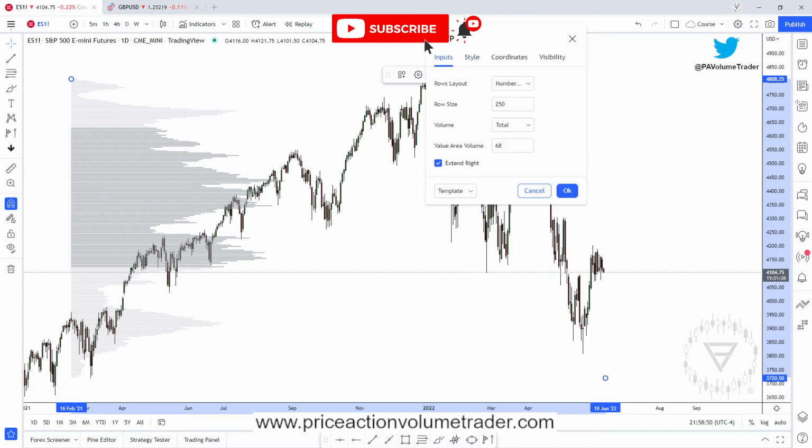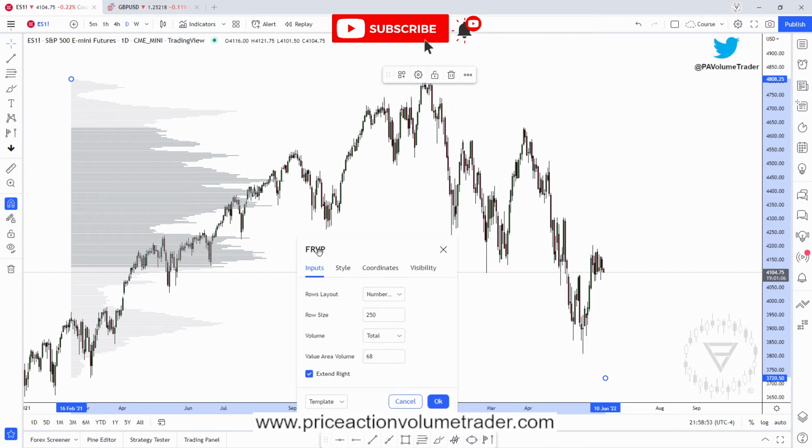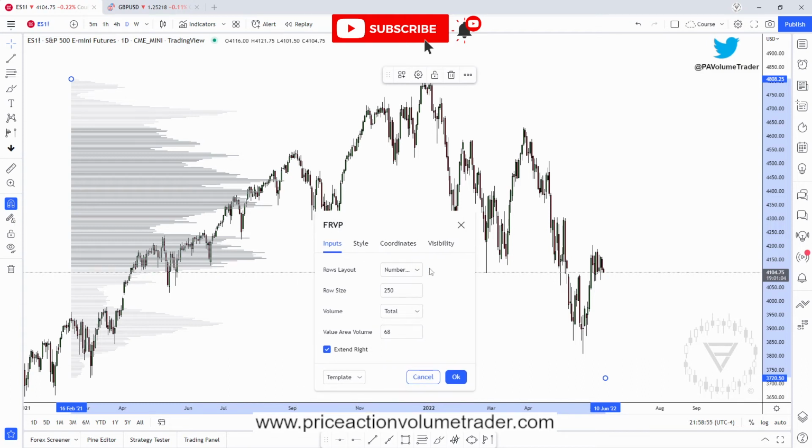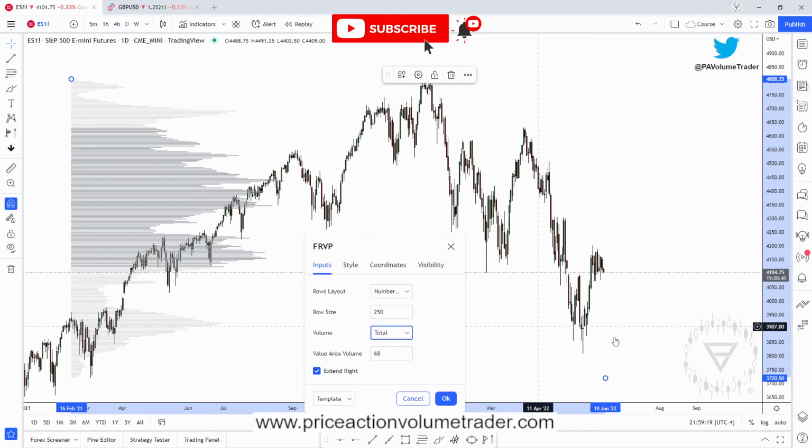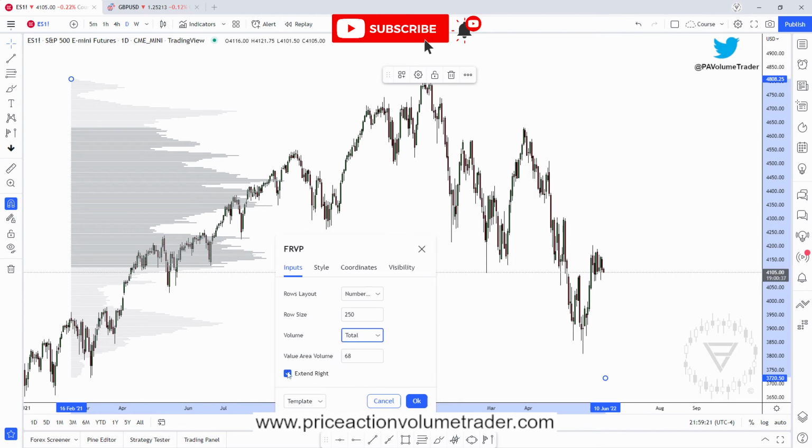And then finally, the input section right over here, row layouts, I always just leave it at number of rows. This is sort of the standard setting. Row size, this is probably the biggest setting that you're gonna be playing around with. Volume, I always leave it as total volume. Value area 68%. Extend right, this is a new option that they just integrated, and basically if I go and